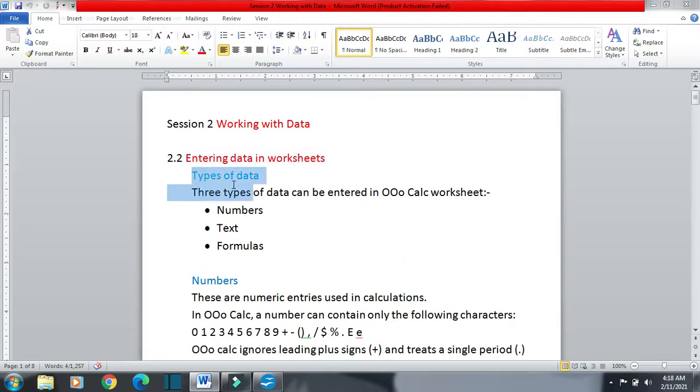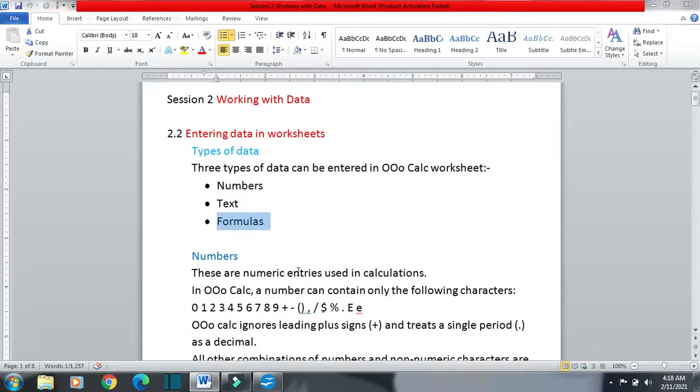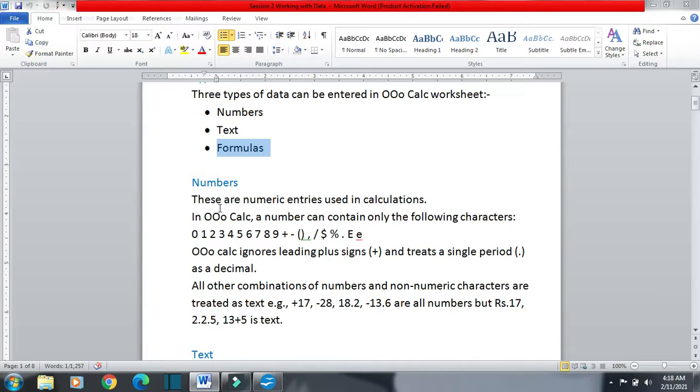So types of data, three types of data can be entered in OOO Calc worksheet: number, text, and formulas. First of all, we will see numbers. Numbers are numeric entries and they are used in calculation.